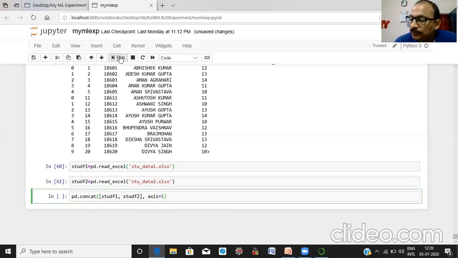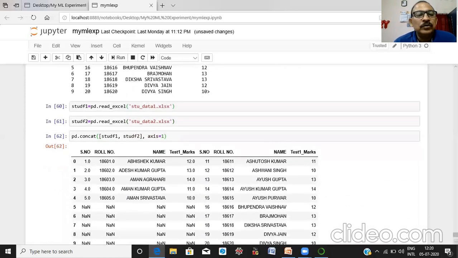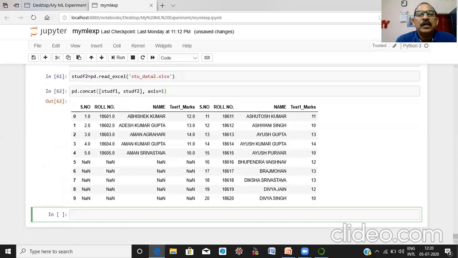Here you can see two data frames are appended along the columns.